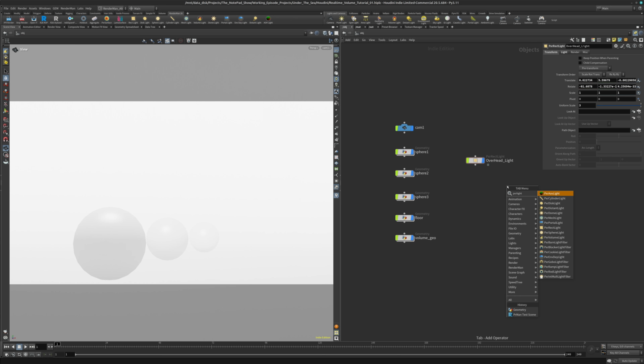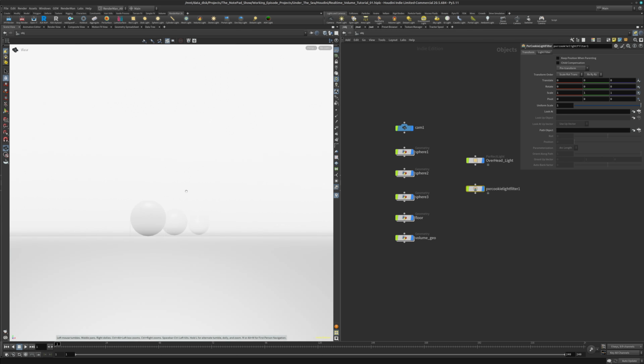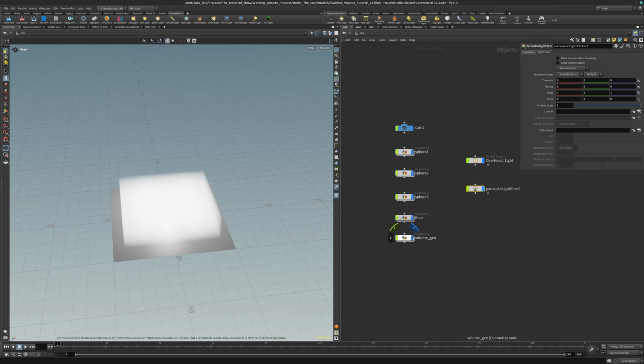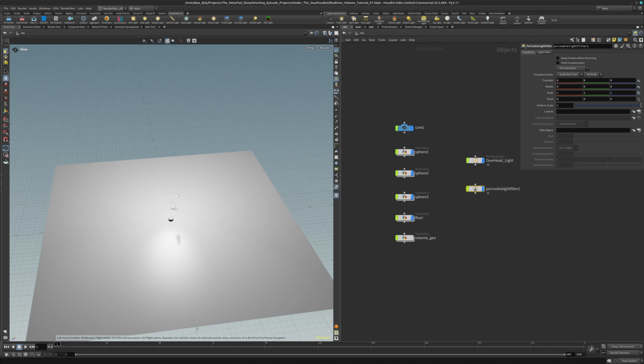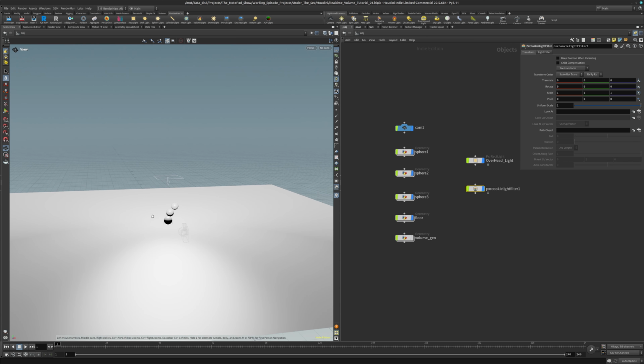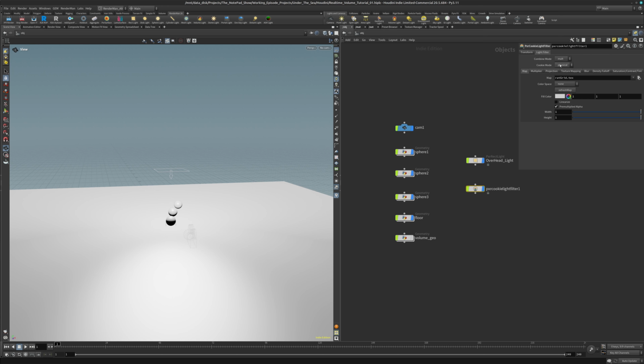So we add the light filter, PxR cookie. We're going to pull out of the scene here. I'm going to turn off the volume just for a second to make it easier to see. Okay. And in PxR cookie, when you go to your parameters, it defaults to physical. Now, the physical mode is it will use how the PxrCookie,